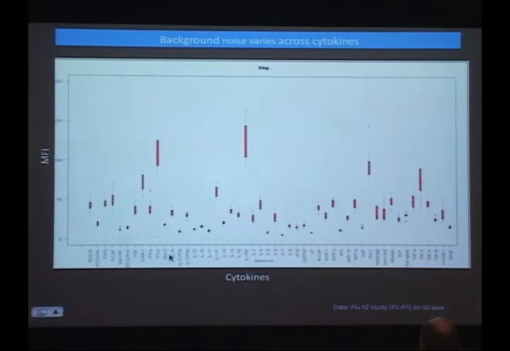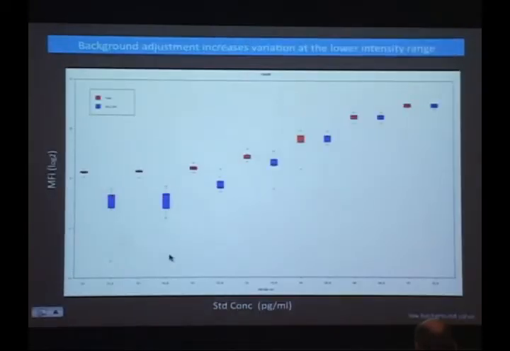So you need to keep in mind when you're doing the data analysis. What we did is a small exercise. We are looking at what the difference is if we adjust the background and if we don't. So if you see here, again, these are more on the concentration. We measure from the Luminex assay the median fluorescence intensity and the concentration. The graph I'm showing you right now is based on the concentration values of these cytokines, and these are